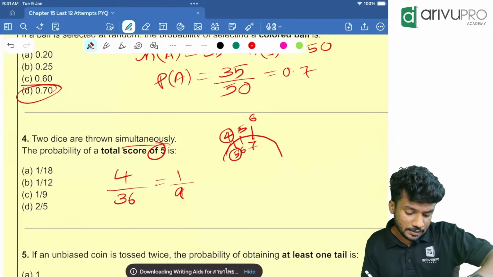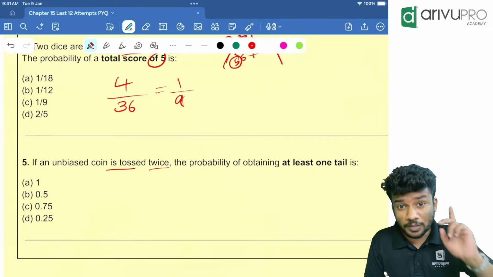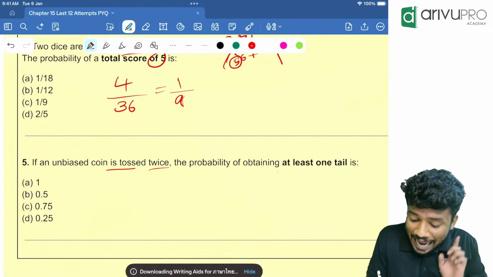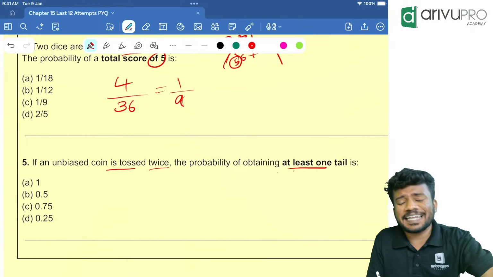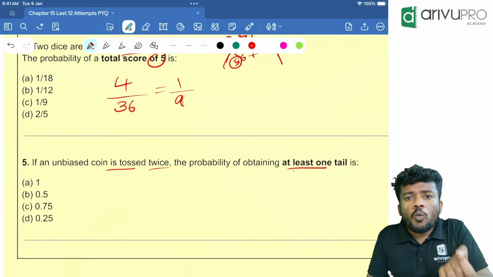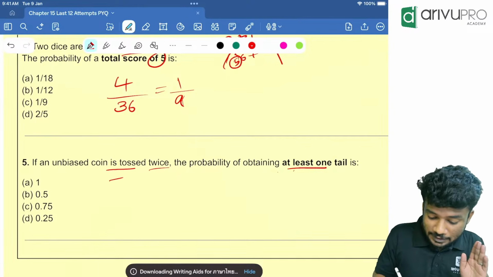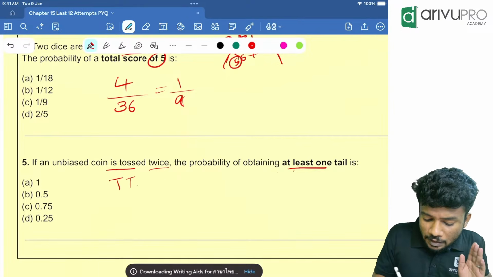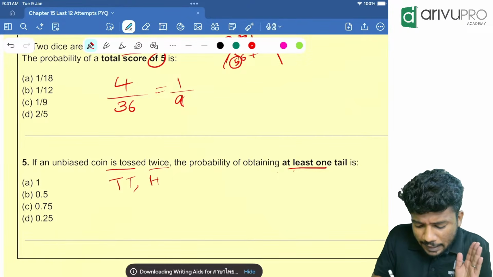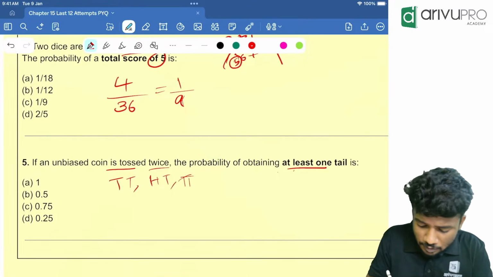Next one. If an unbiased coin is tossed twice, the probability of obtaining at least one tail. Unbiased coin is tossed twice means 2 times it is thrown. People, at least one tail should be there. At least means one or more. At least one means one or more is the case. That means either both the coins give you tail, or it can be head tail, or it can be tail